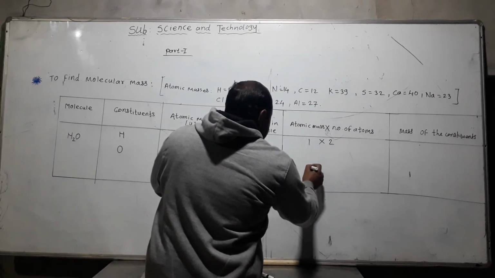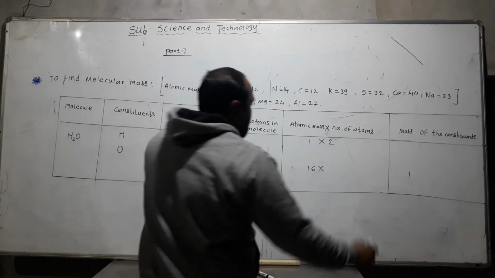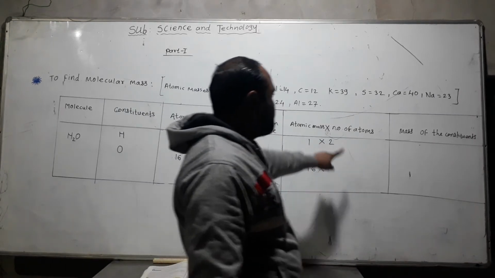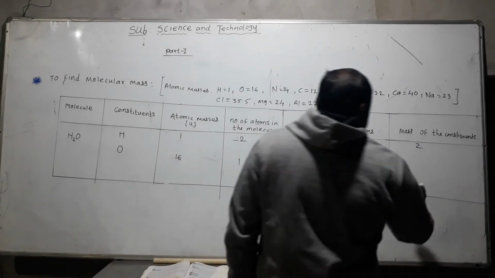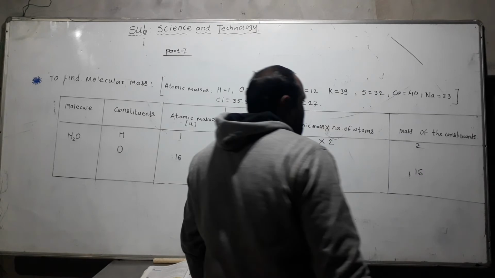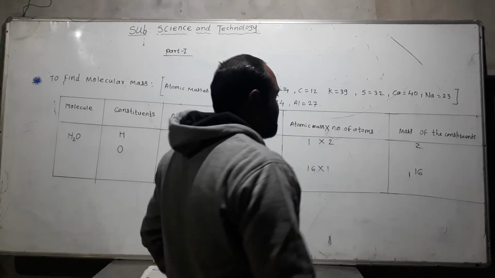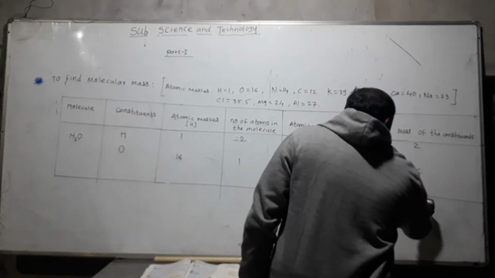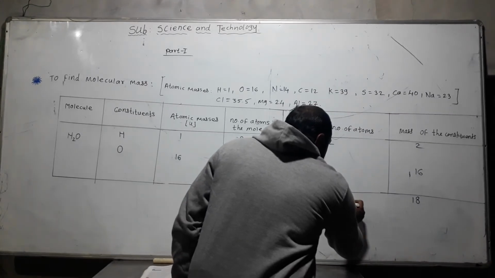For oxygen, atomic mass 16 multiplied by 1 atom. So 1 into 2 is 2, and 16 into 1 is 16. Then we add the masses of the constituents: 16 plus 2 is 18, and hence the molecular mass of H2O